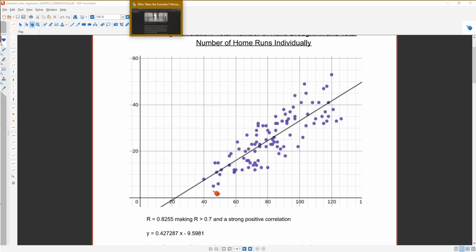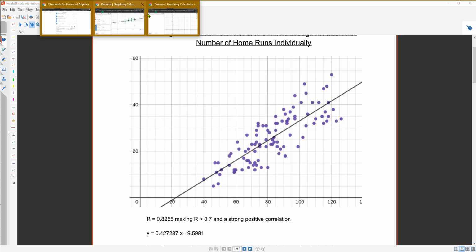If it's less than 0.3, it's weak or no correlation. Between 0.3 and 0.7, it's moderate correlation. Greater than 0.7 is really going to give you strong correlation. Okay,